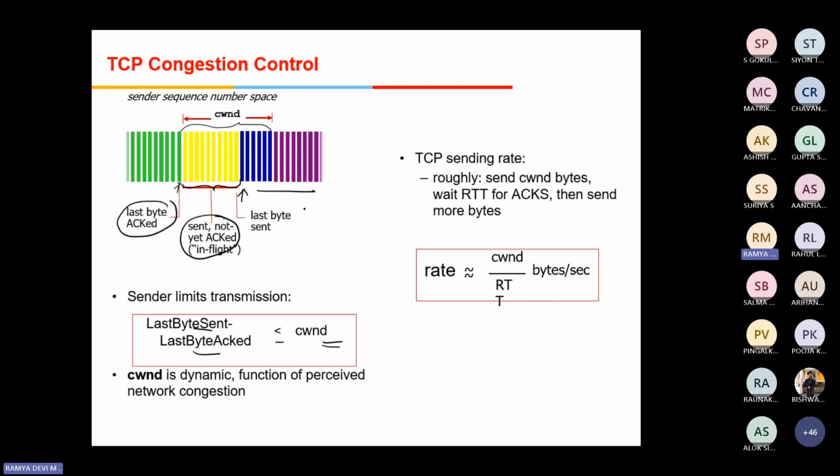Okay. So the congestion window is not a fixed one. It is a dynamic one. It changes dynamically based upon the network conditions. TCP will increase the congestion window gradually if there is no loss, and it reduces the congestion window if it detects congestion. So the rate of transmission will be congestion window divided by RTT, in number of bytes.